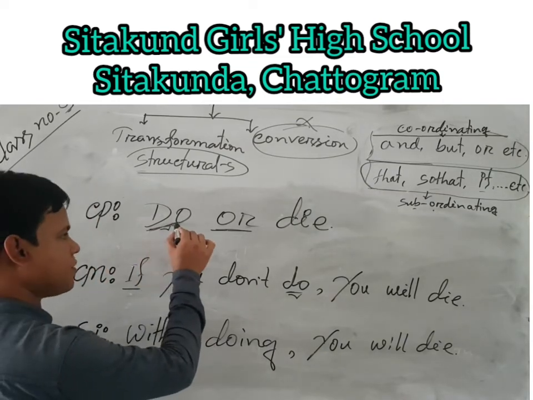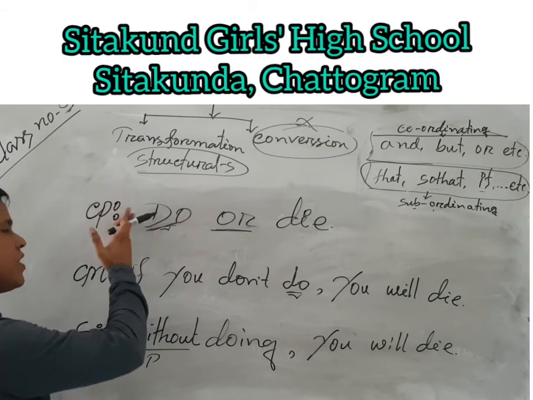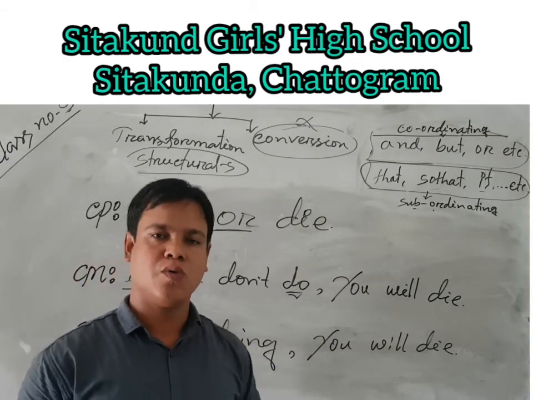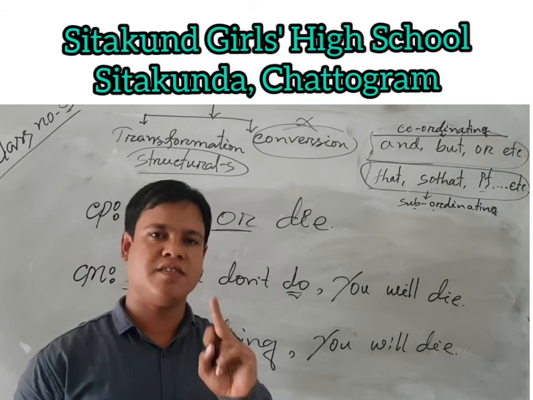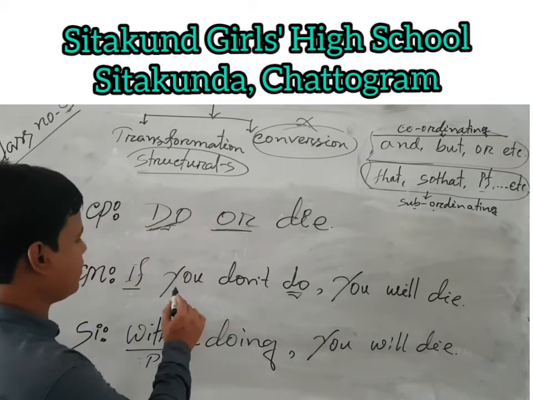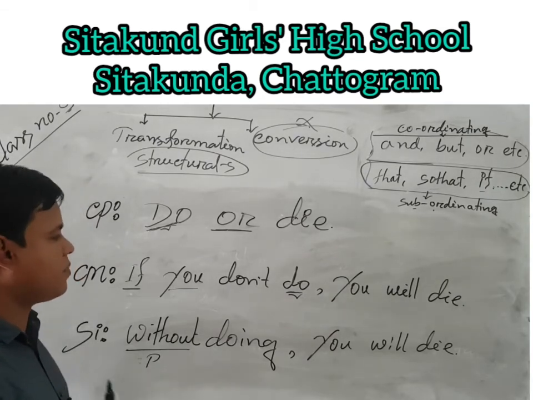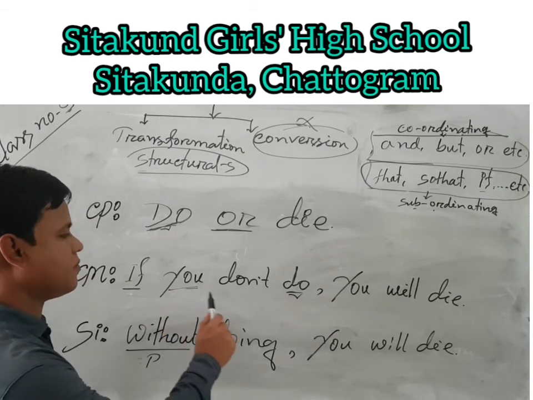Dear students, notice one thing. There is no subject, but there is a subject. What is that? That is you. If there is no existence of you, we have to think there is the subject you. So in the complex sentence we have to show the subject